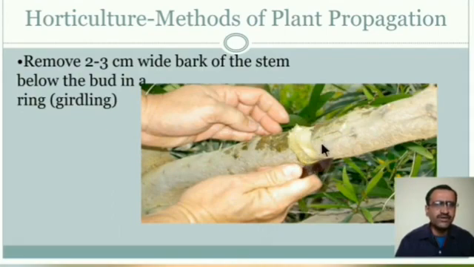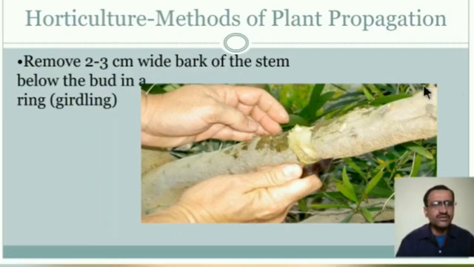Okay, because only the phloem region can be removed here, not the xylem region, because the xylem region is important for the transport of water from root to the shoot. So only the phloem region. Why? Because the uppermost part of the stem produces the food, because that part has the leaves, that leaves produce the food, and that food is translocated throughout the plant.